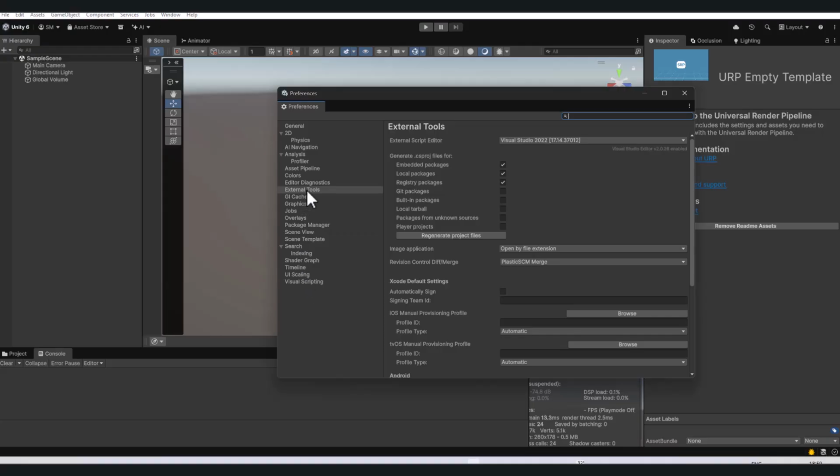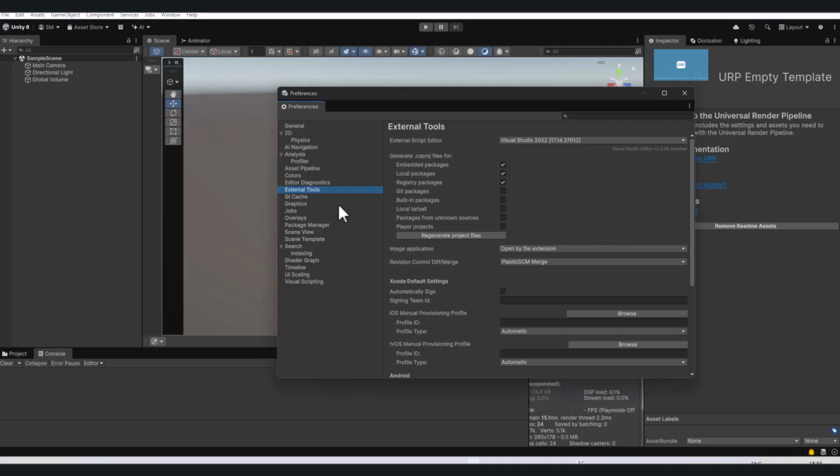Go to External Tools, and you can find the External Script Editor. If you are using Visual Studio 2022, it will be mentioned here. If you installed Unity earlier, it may not be there. You have to select it from the dropdown, and if you still don't see anything here,